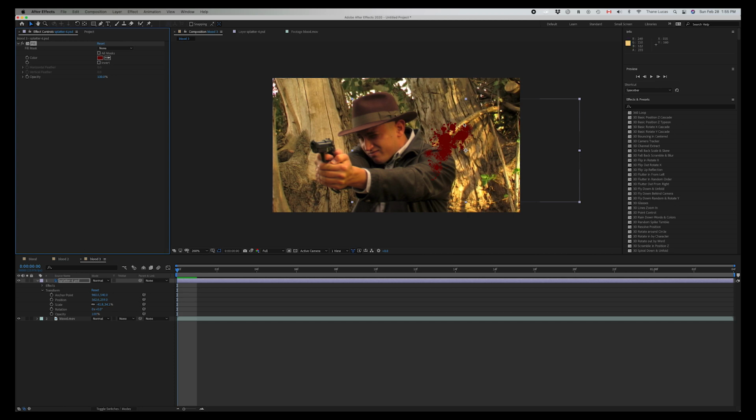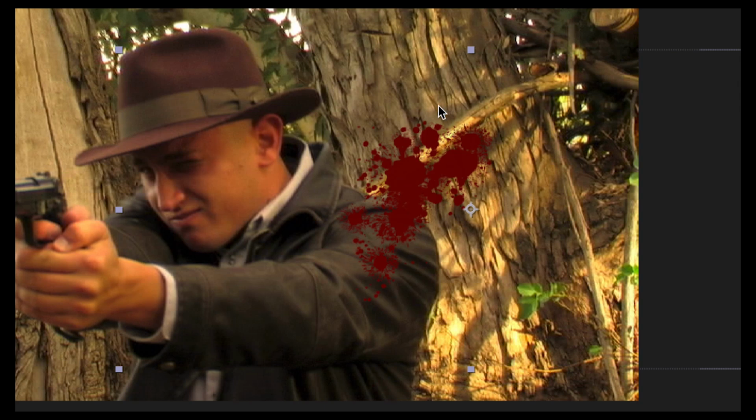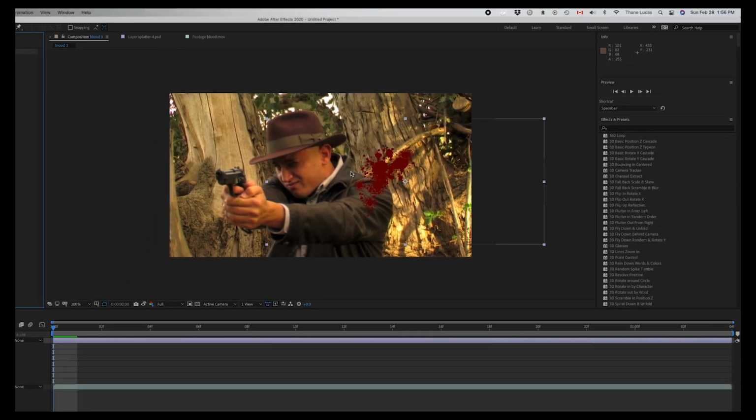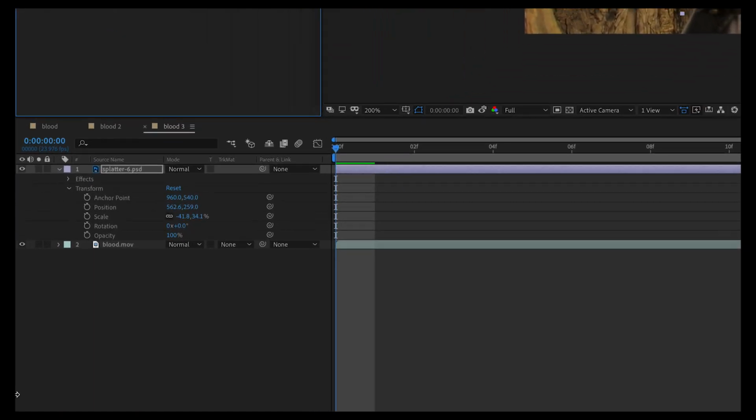One other thing, let's just zoom in on this. You can see it's a flat color, okay? And really what I want to do is I want to apply a blending mode. So I want to make it look like this blood is on the tree, not just floating in midair, okay? And blending modes are a great way of doing that. So I'm going to come down here and I'm going to choose over here in my